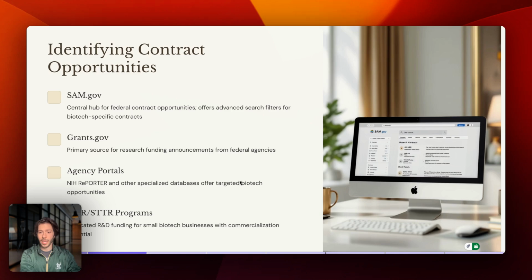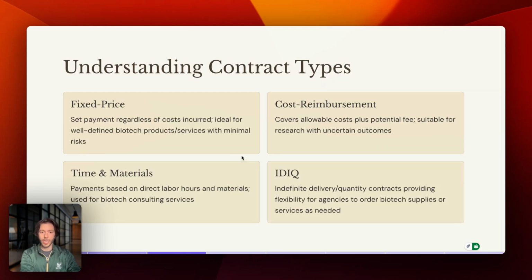place using AI. So to understand the contract types, there's fixed price, which is a set payment regardless of cost incurred. This one is ideal for well-defined biotech products and services with minimal risks. The cost reimbursement covers allowable cost plus any fees that come along, and this one is suitable for research with uncertain outcomes. So if you're researching some sort of topic where the outcome is not so sure, this one would